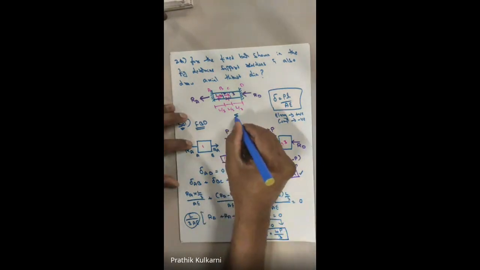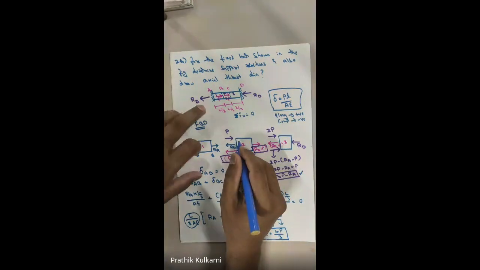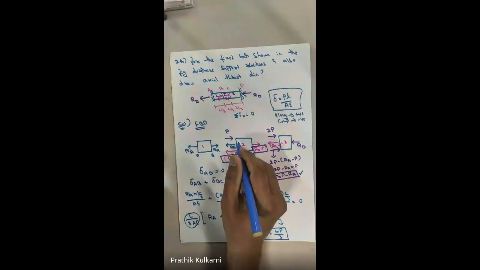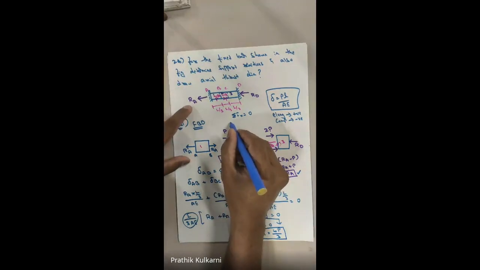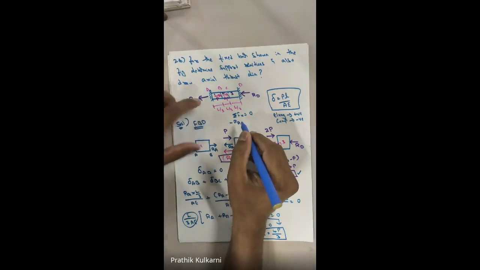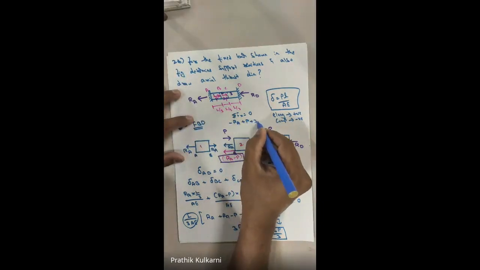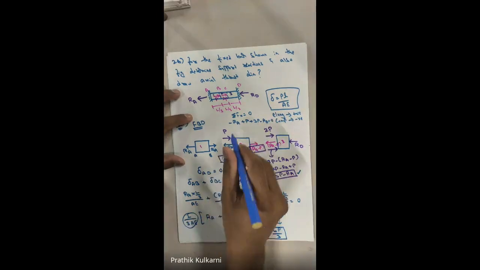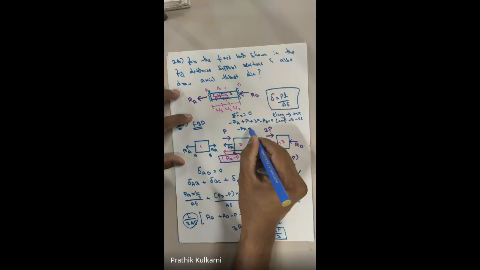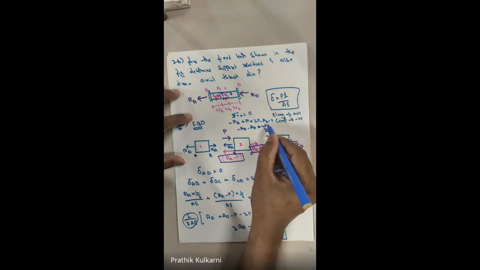Summation of f of x is equal to 0, you can do it here, right? If it is going towards left or right, let it go anywhere. 5 by 3P. Yes. Very good, Vishal. So if it is going towards left, this is minus RA. This P is going towards right, this is plus P, this is plus 3P. This is minus RD should be equal to 0. So from here, minus RA minus RD plus 4P is equal to 0.